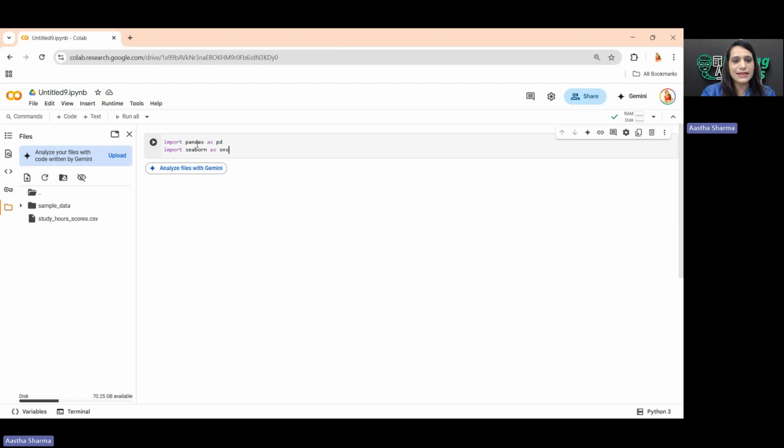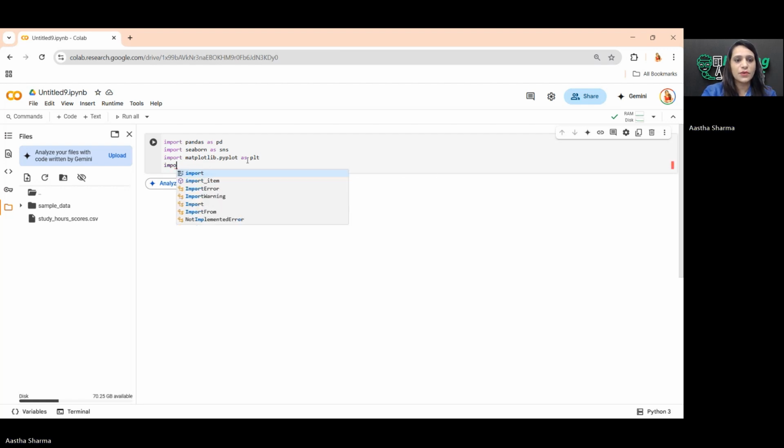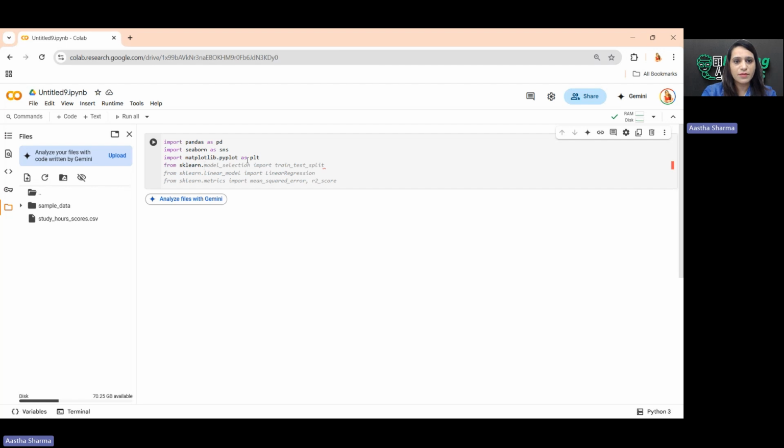seaborn as sns. Third, we are going to import matplotlib.pyplot as plt. Then we are going to import from sklearn.model